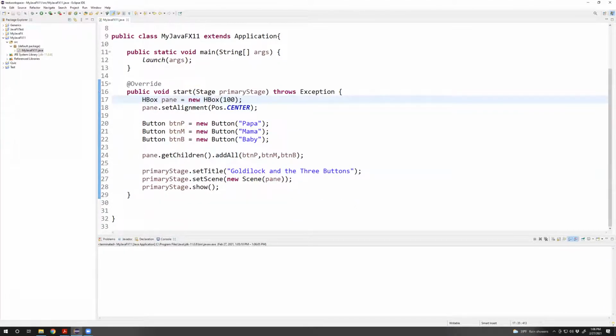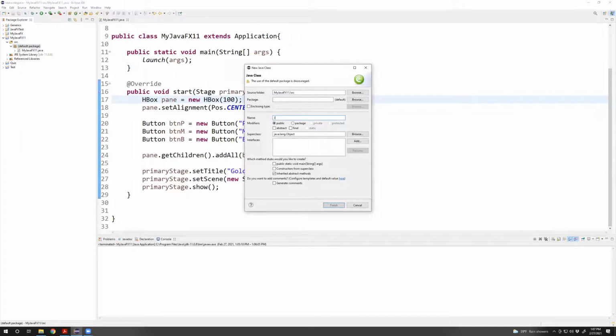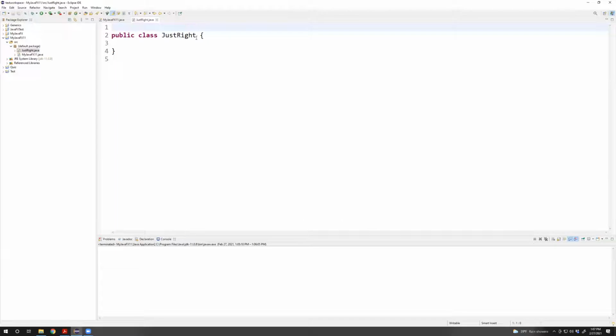So the first thing that we need is to know what button we want to do what. I'm going to start by creating a separate class. So I'm going to right click on my project here, create a new class, and I'm going to call this class JustRight. And that's it. It's just going to look like this, and it's going to implement